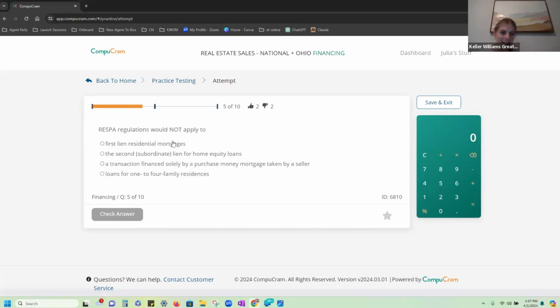Okay, good job. Okay, RESPA regulations would not apply to A, first lien residential mortgages, B, the second subordinate lien for home equity loans, C, a transaction financed solely by a purchase money mortgage taken by a seller, or D, loans for 1 to 4 family residents. So RESPA regulations would not apply to